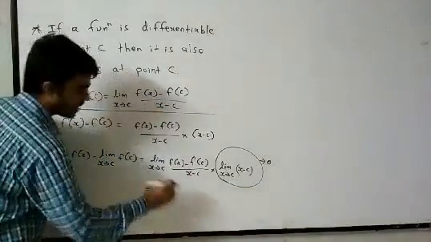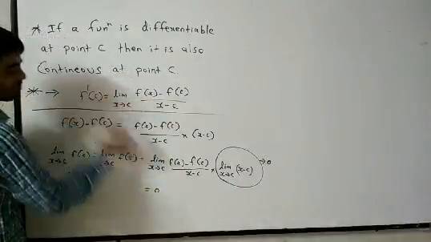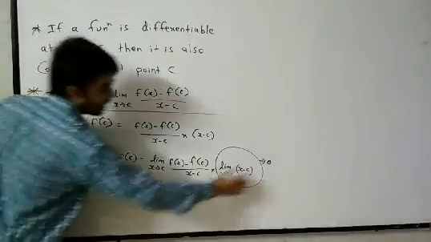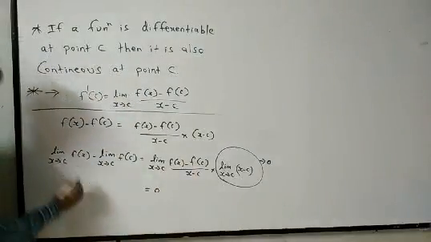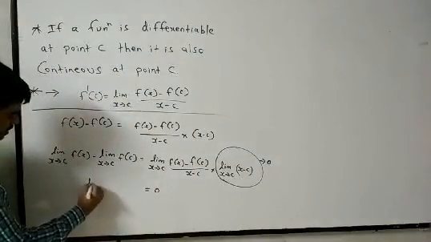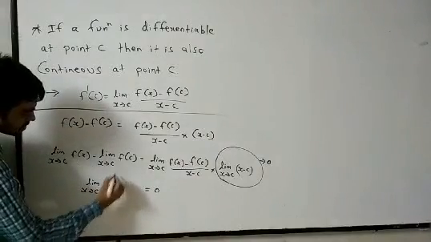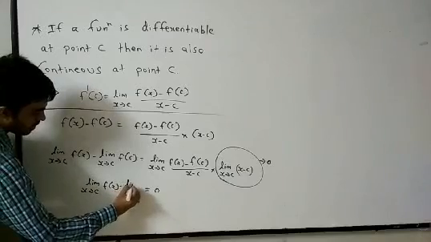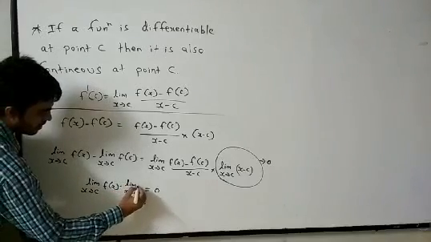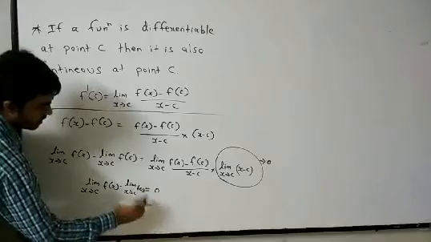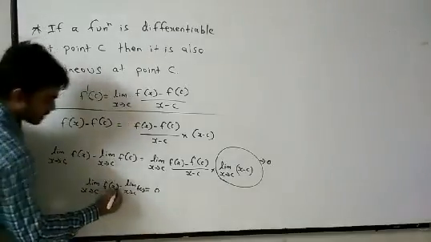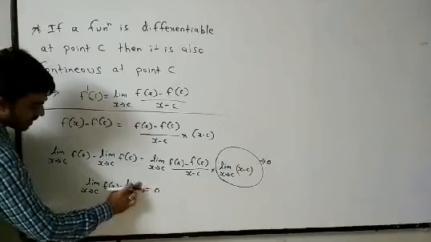Here actually it is nothing but f dash of c, and f dash of c multiplied with 0, our answer is 0. So limit x tends to c f of x minus limit x tends to c f of c is equal to 0. So this 0 I am removing, and I can write here